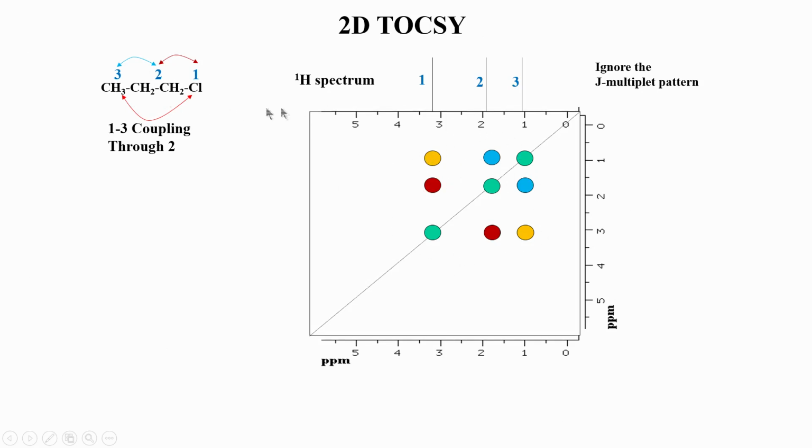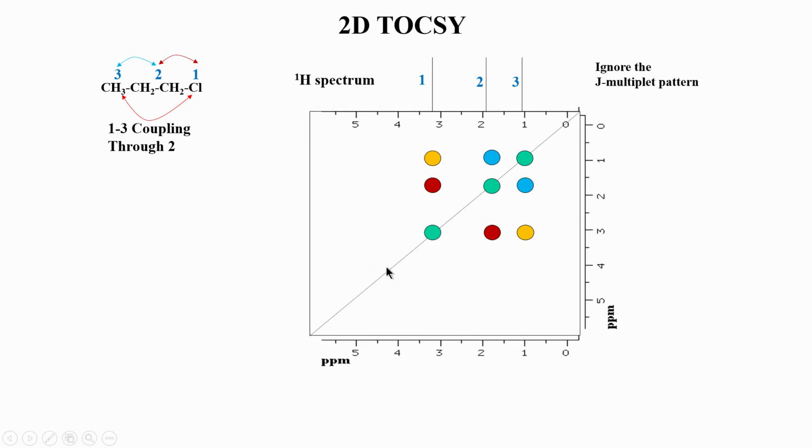Suppose I have a mixture of two molecules, and let us say I have one more molecule present here which I am not showing now. That molecule would again have connections among its protons, but it will be different from this pattern because it will be a different molecule. By looking at this square grid, I can get the full details of the chemical shifts of one molecule which are connected to each other, and I will get the same details for another molecule, where also I will get connections between the atoms of that molecule.